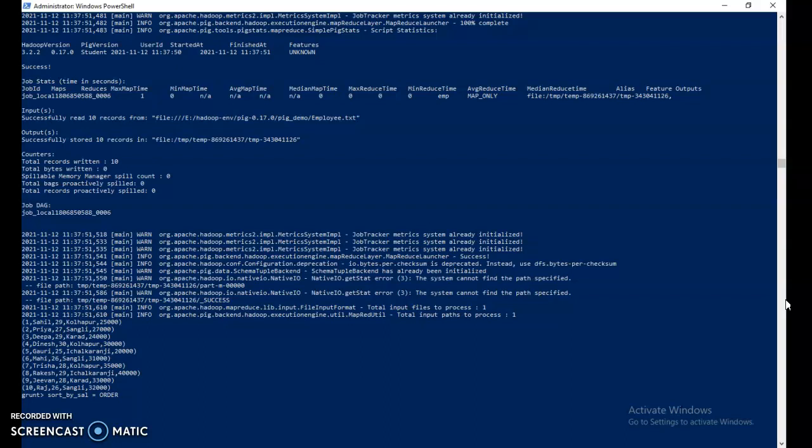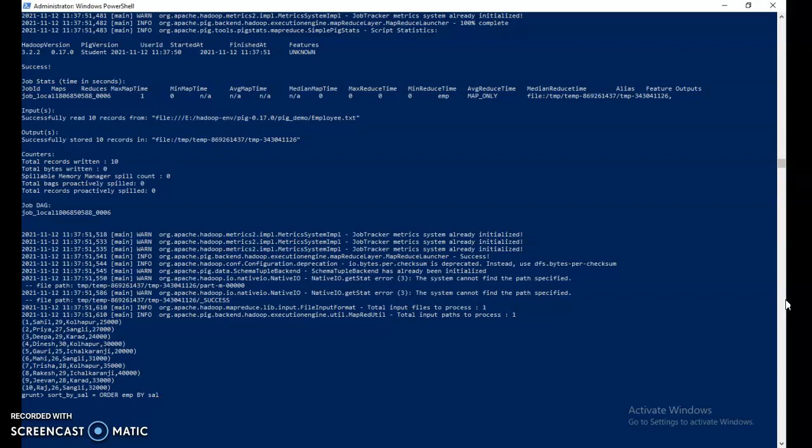Which identifier do we have to order here? That is EMP, because we have loaded the data set in EMP. So order EMP by which field? By the salary field, that is sal. The identifier for the salary field is sal.